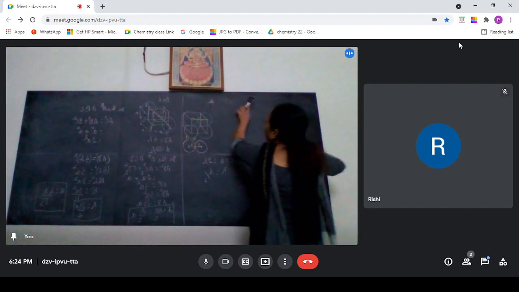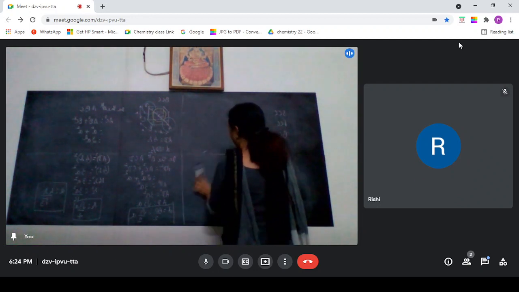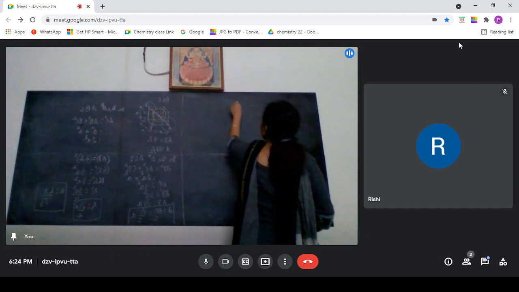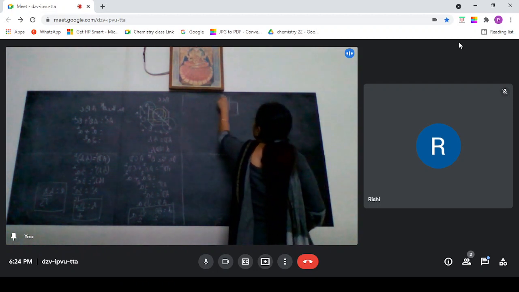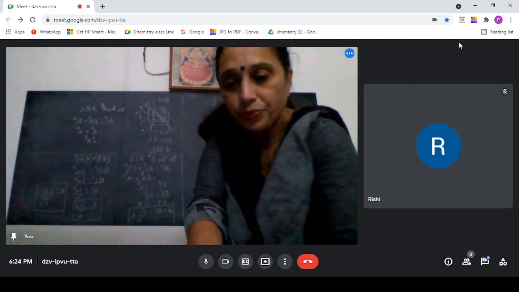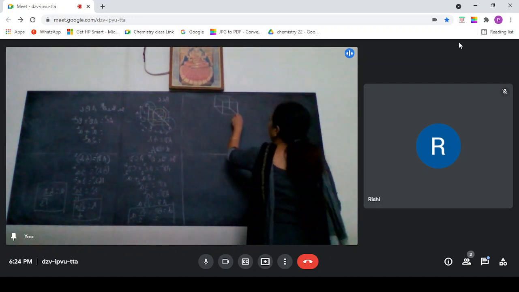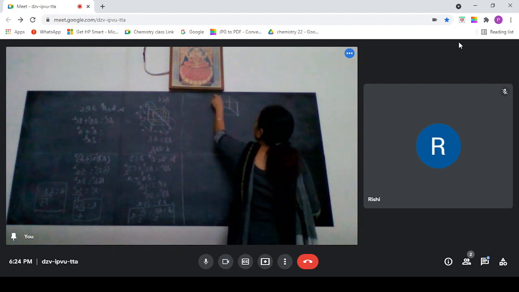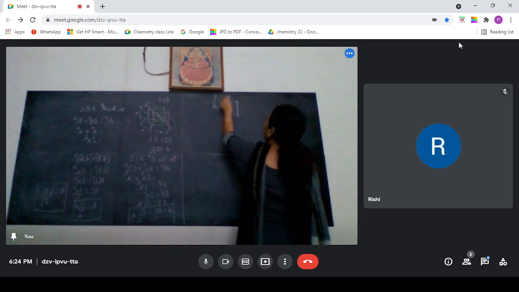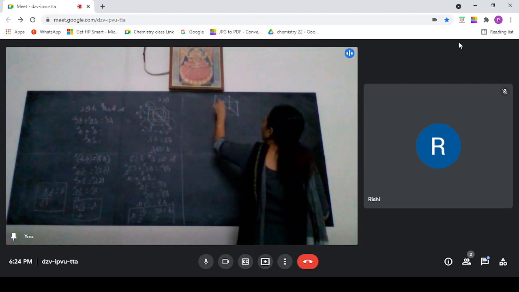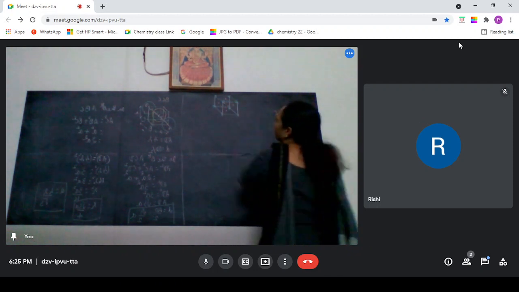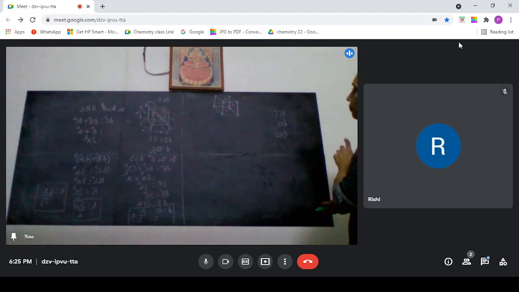Now we will do face centered. How will a face centered cube look like? First write the cube. You will have particles at all the corners. Write down this, all the corners. And you will have one particle at the center of each face. This is back face, front face and this face. Okay, you will have particles like this.